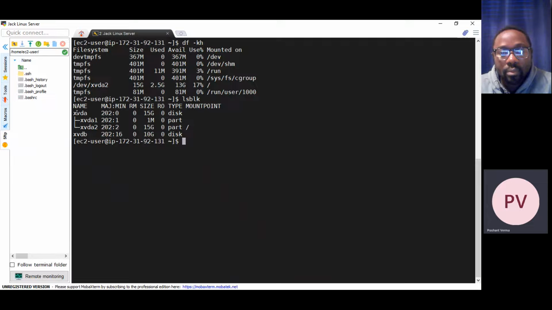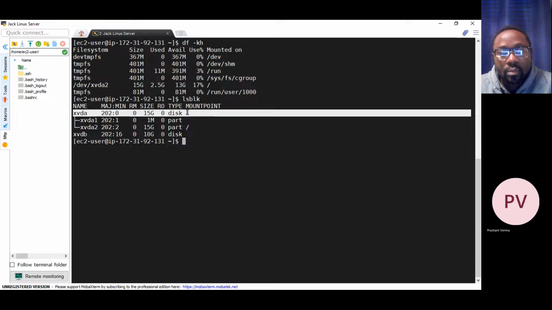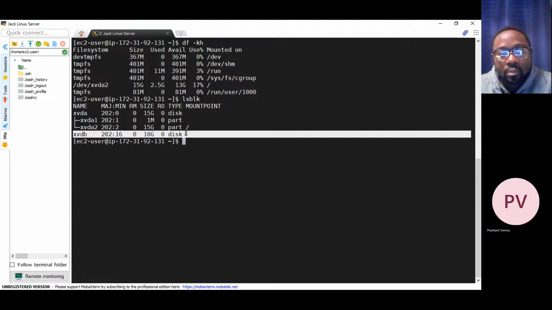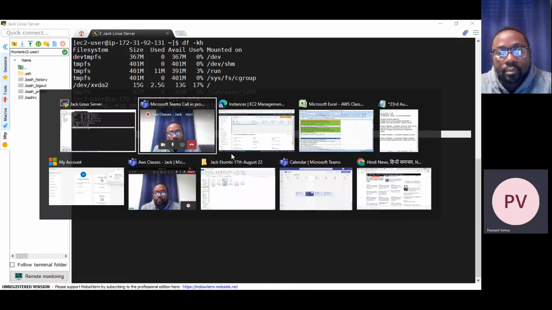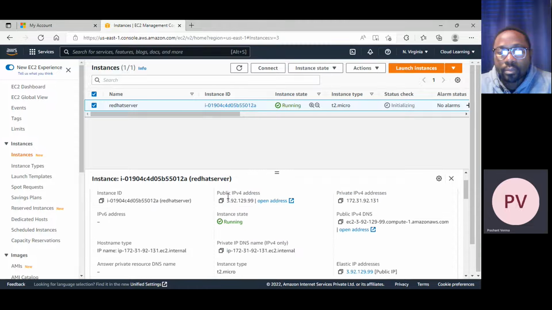Now you see xvda is your disk one, of 15 gigabytes, and xvdb is your 10 gigabyte disk.